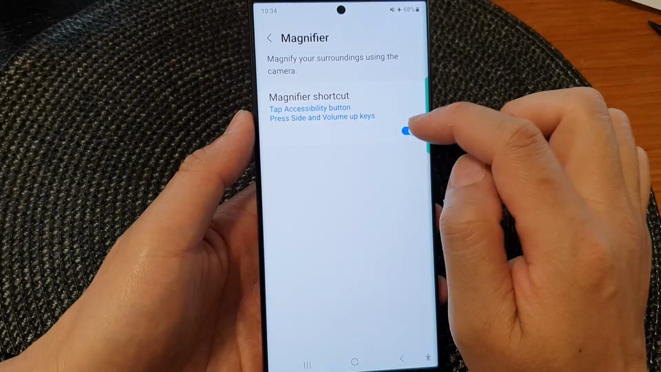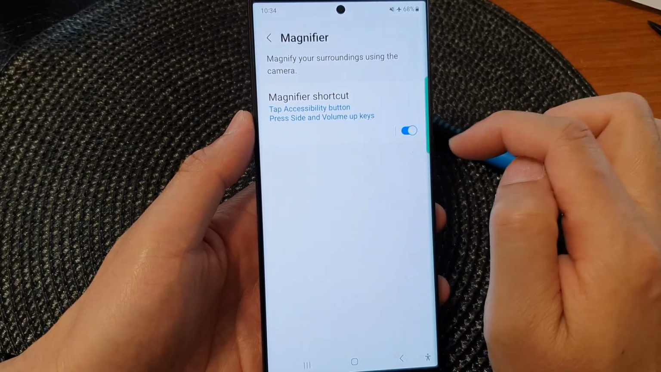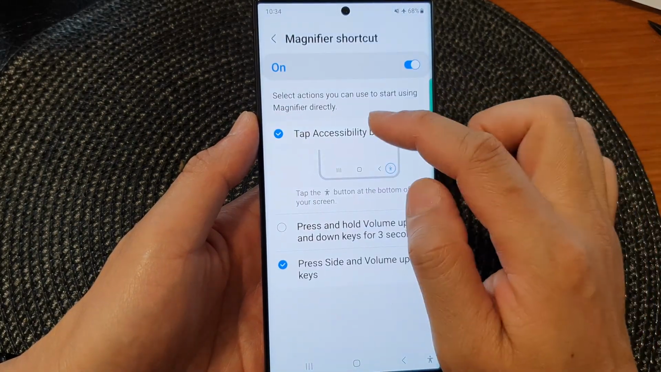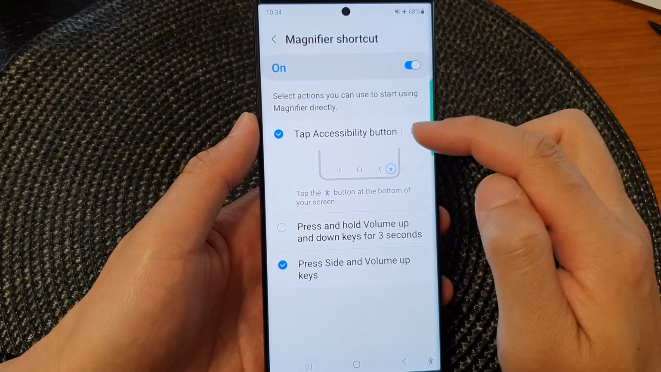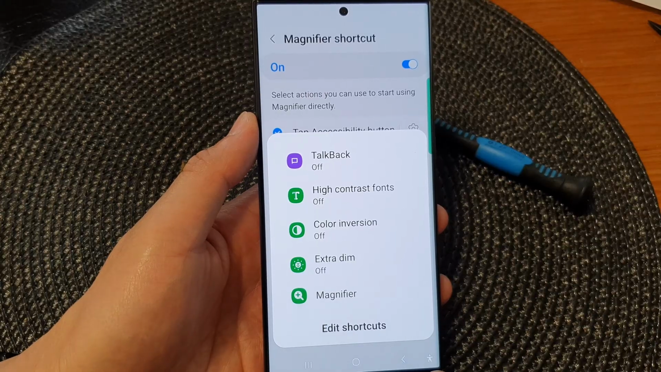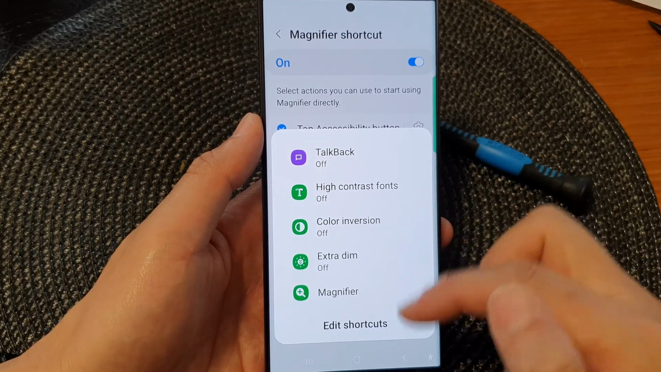Then here, tap on the shortcut to switch it on. Tap on the toggle button to turn on magnifier shortcut. Now tap on the left hand side and then choose which shortcut that you would like to use. So here I've got the accessibility button shortcut. So if I tap on that accessibility button at the bottom in the navigation bar, I can open up this